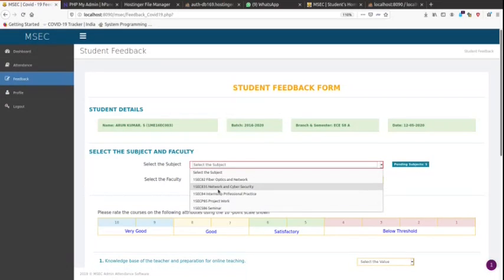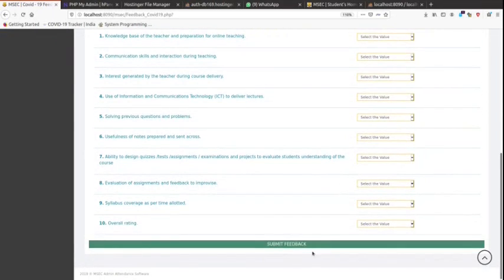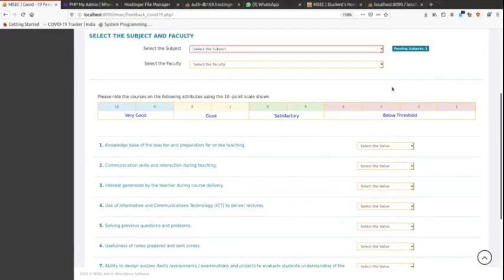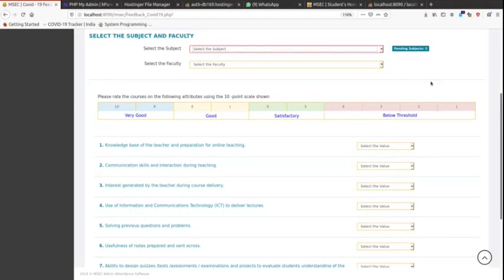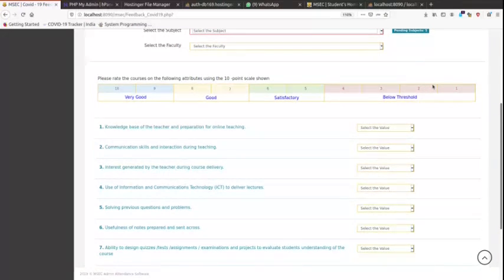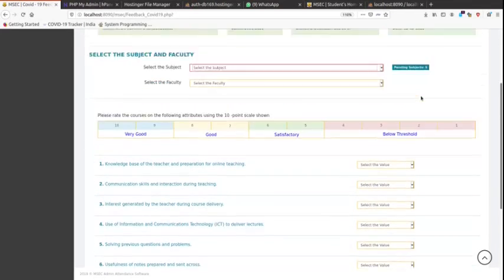So once they select the subject and the faculty, give feedback and submit, the subject will automatically disappear from the list. Once they finish all the subject feedback, they will get a new page. That page contains the list of subject names and faculty names that they have given feedback to. So that is the final page. Then they can understand that these many faculty and these many subjects they have given feedback to. Then they can log out from this.